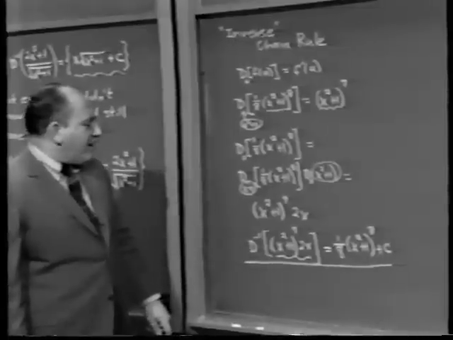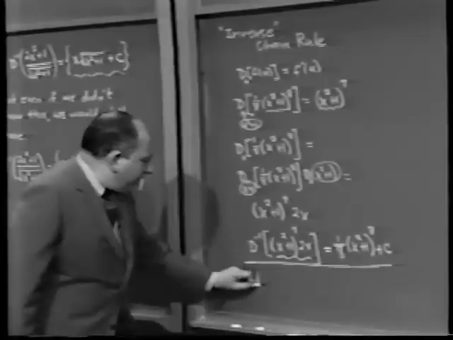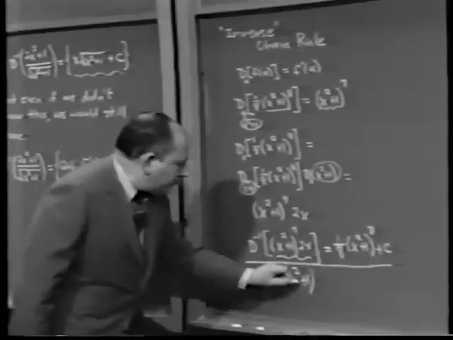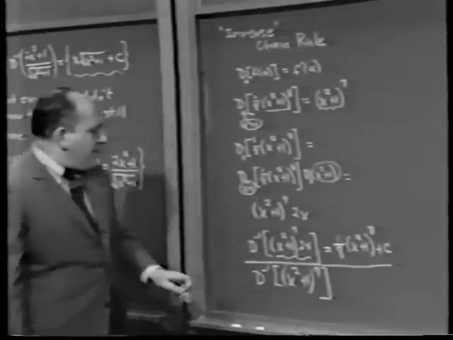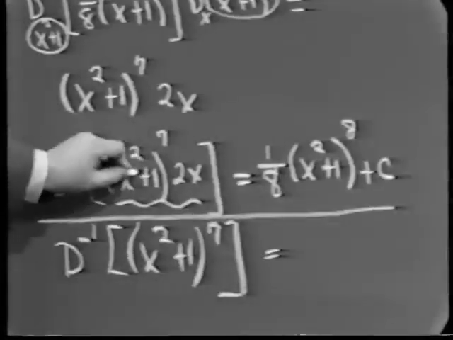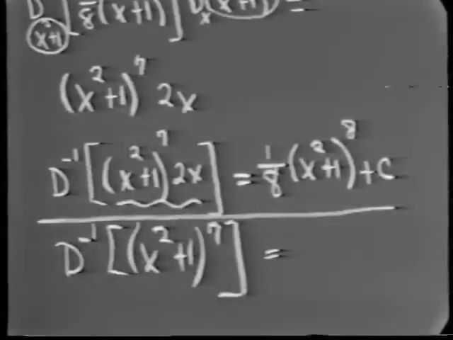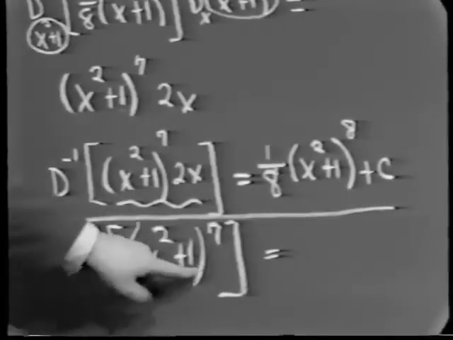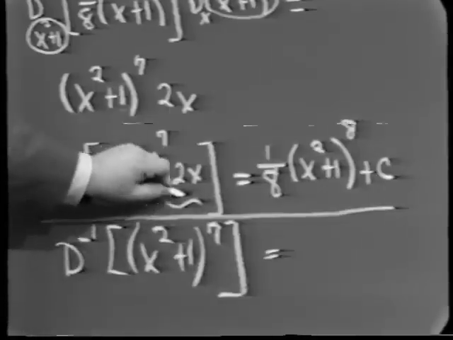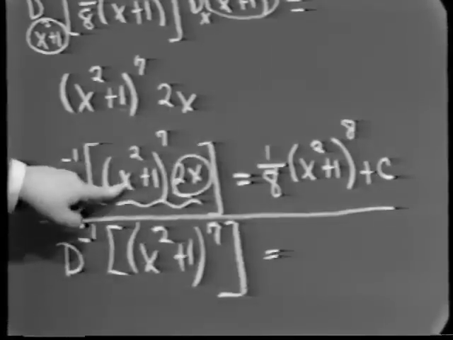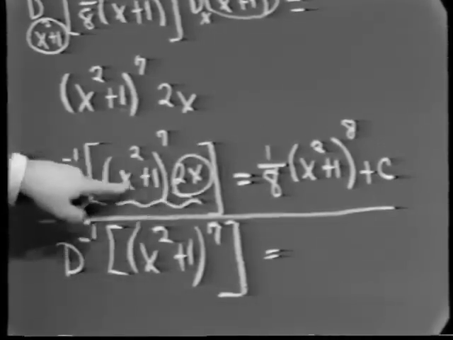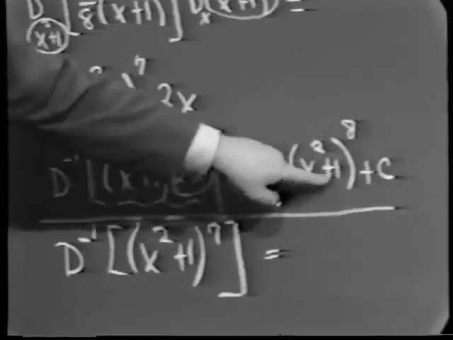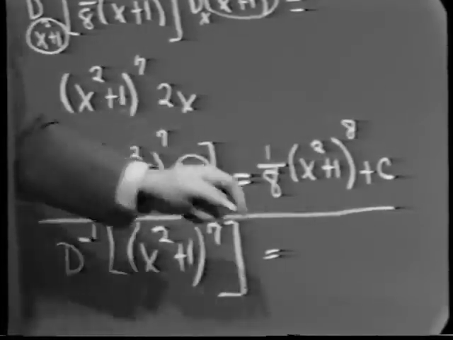And again, a rather interesting aside, if you look at this and look at this, it would appear at first glance that the top one should be a more difficult problem than the bottom one. The reason being that the input seems more simple in the bottom one. Yet the interesting point is that the 2x, which seems to make this thing more complicated, is precisely the factor you need by the chain rule to make this thing work. Because when you differentiate x squared plus 1 to the 8th power, you're going to get a factor of 2x